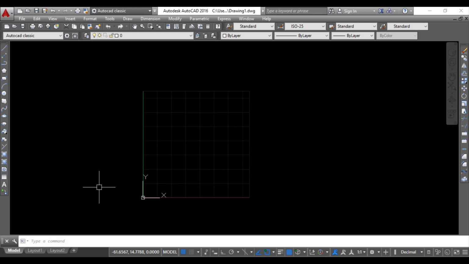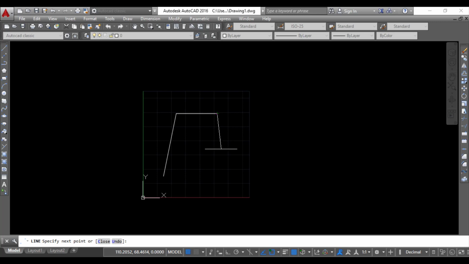Now suppose I am making a drawing in the graphics area. For example, I am making a line and I am clicking on the outside of the graphics area. See in the bottom of the command line that the line command is activated, but I cannot make a line outside this grid or the limit settings. Once I click on the inside, I can make a line or any geometry.